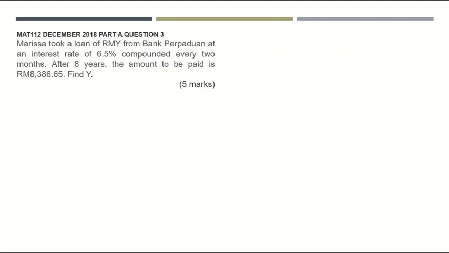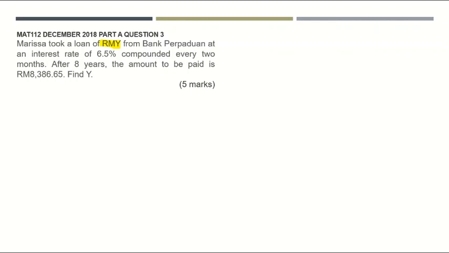The question asks you to find the value of Y. As usual, first of all, we need to highlight and identify the given information. The first thing you are given here is the RMY